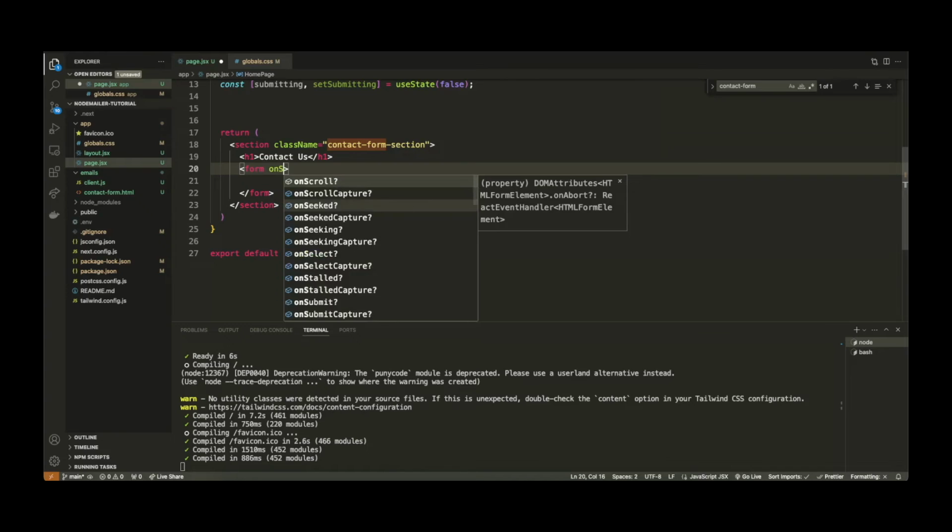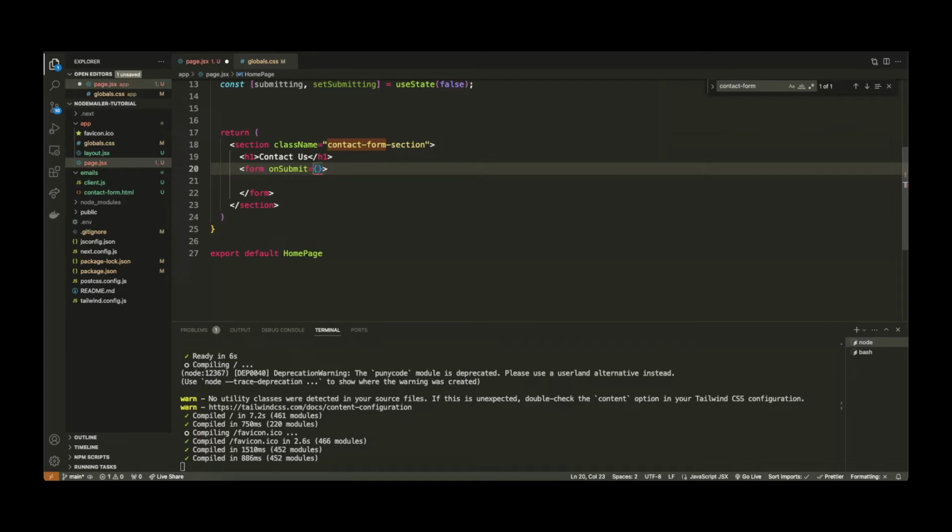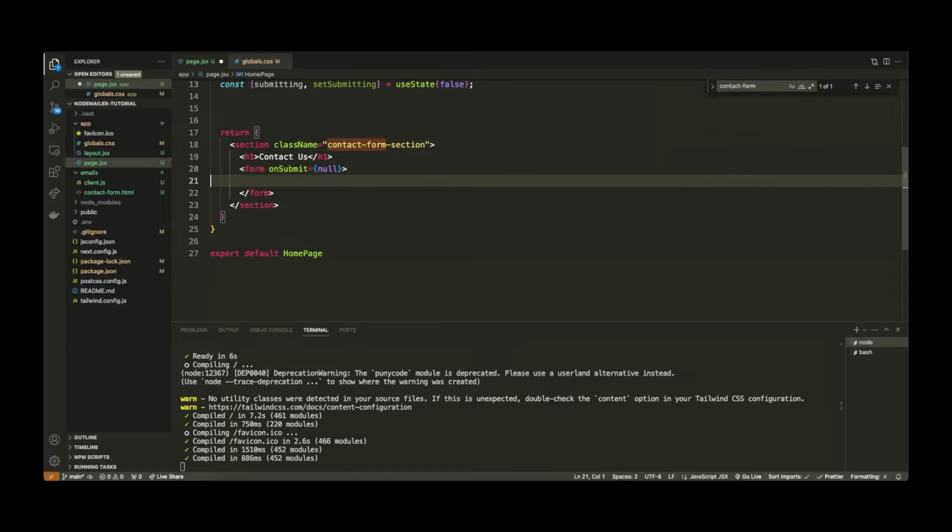So we're going to say form onSubmit because we need to have an onSubmit. We basically need a handler that will fire whenever we submit this form. I'm just going to set that to null for now because I'll come back later and actually create that email handler, or rather the form handler. Next up, what we'll do here is